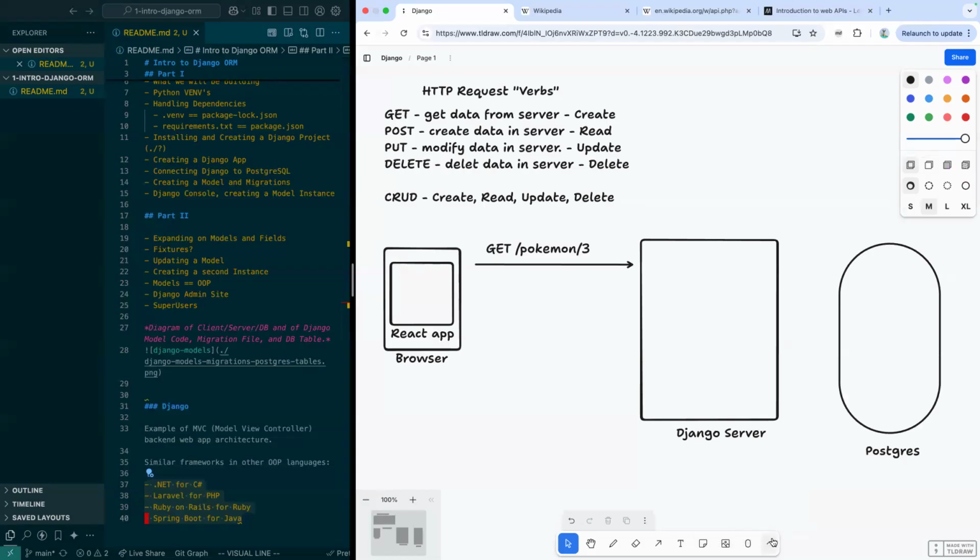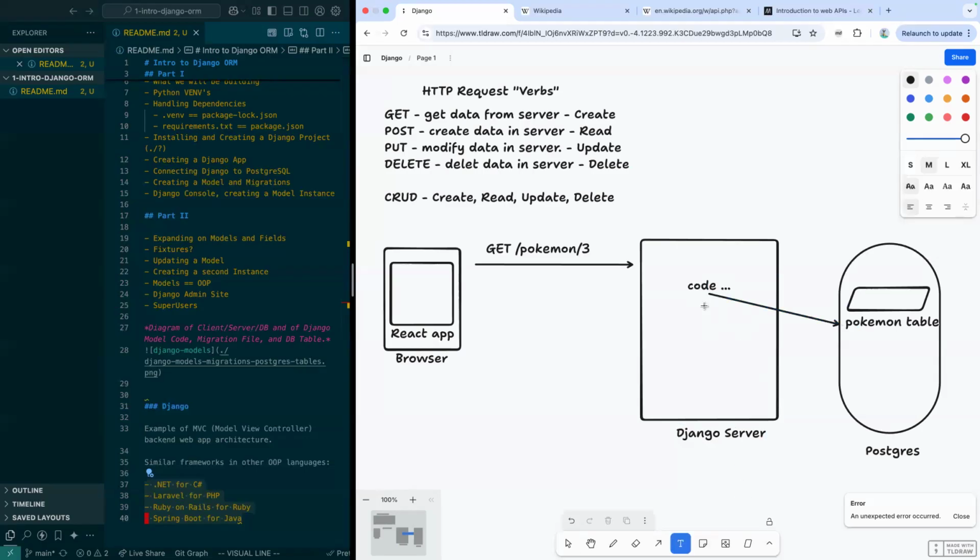And somewhere in our database is a Pokemon table, the same way that we've been learning to make for the last week. And as we'll see today, Django will actually do the work of creating this table for us, and it will do the work of writing the SQL, but we'll get there in a minute. We're not going to talk yet about the code inside Django that does the work, but Django is going to talk to